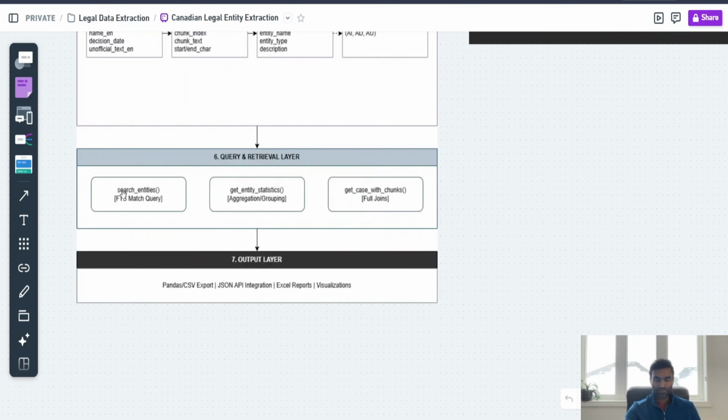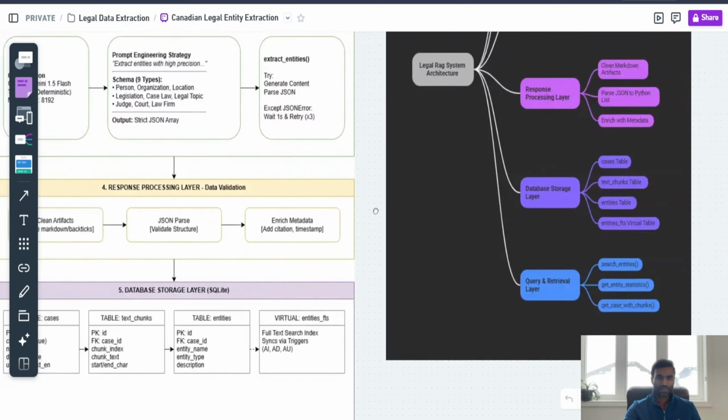So we have some pre-defined functions, which include search entities, statistics, and get case chunks, to get the raw chunks if we want to pass those chunks into the LLM for further answers. So this is a high level overview, and